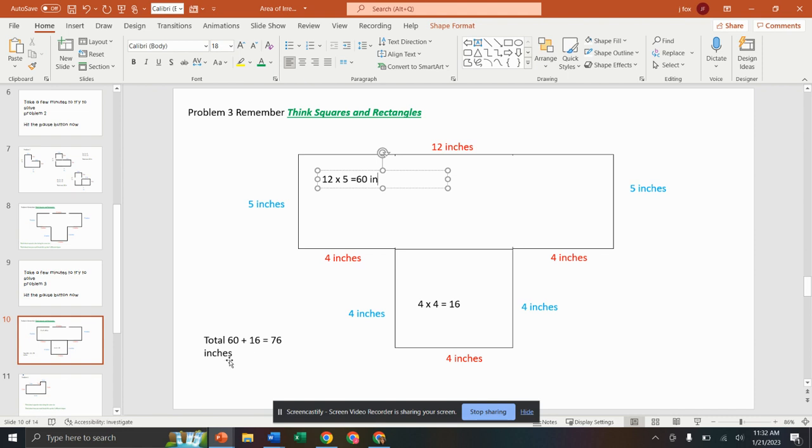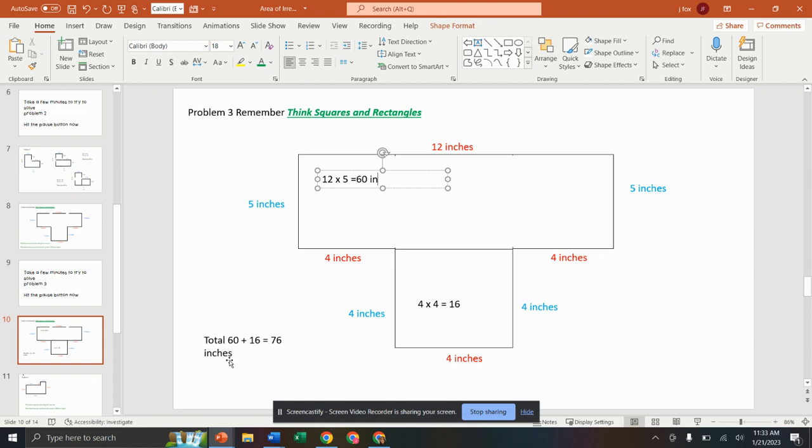All right. That one was a little bit difficult. So now, if you got that one, fantastic. If you didn't, look at where you did something different. Did you use different numbers? Did you make a mistake on which sides to use? Look at where your mistake was. If you did it a different way and you still came up with 76 inches,